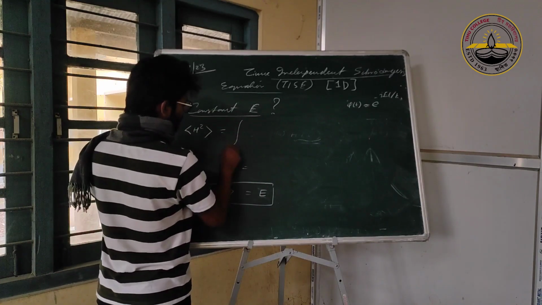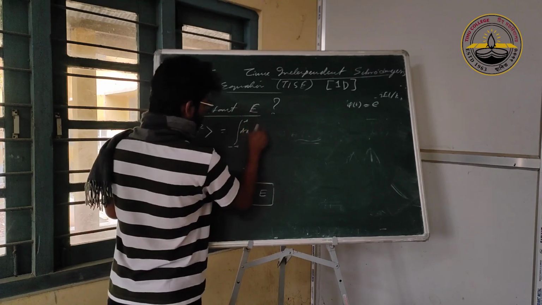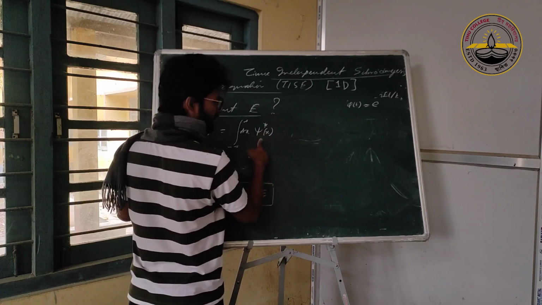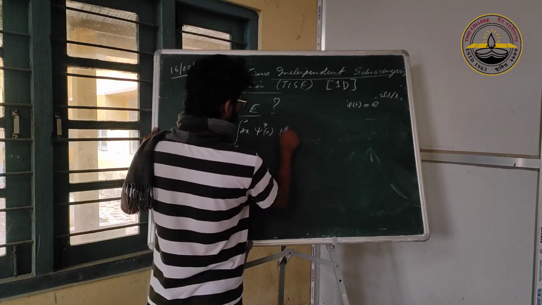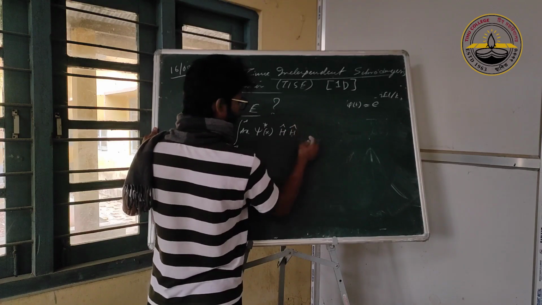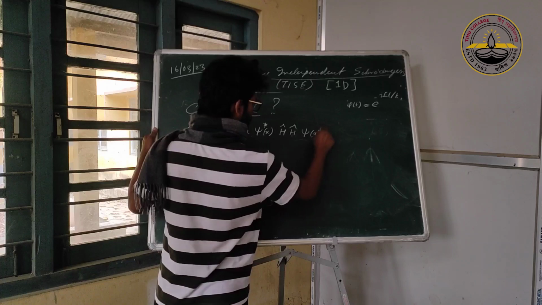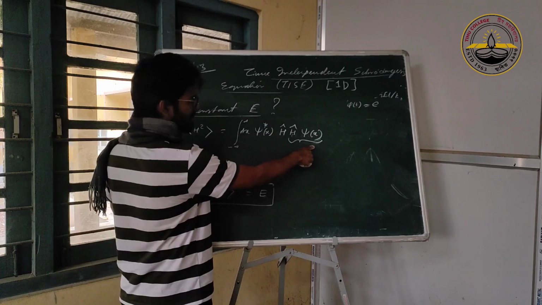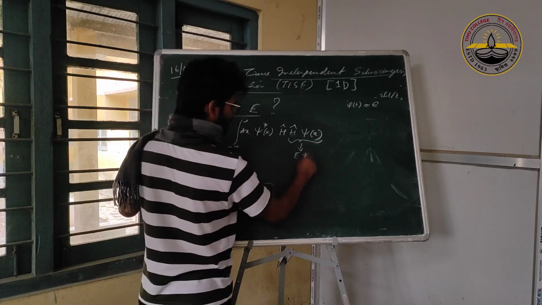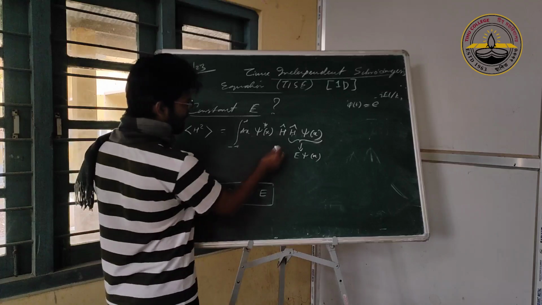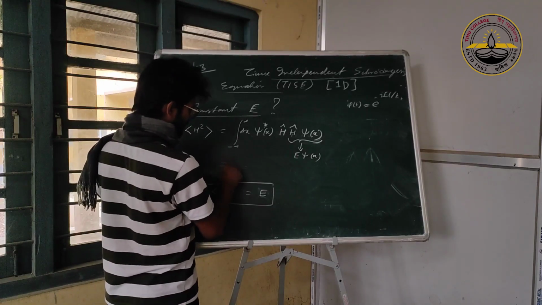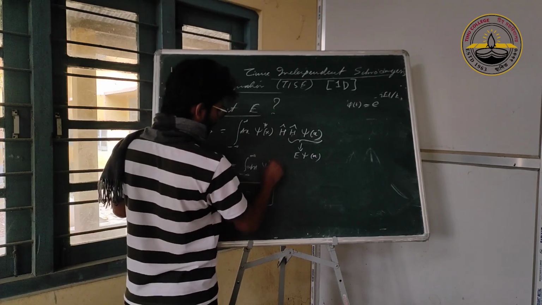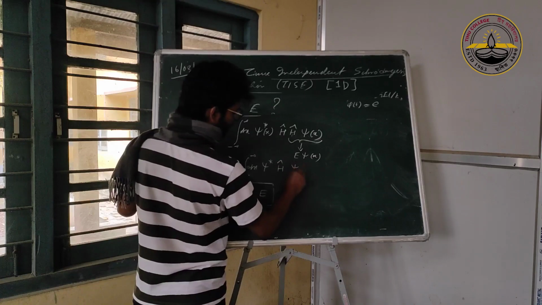By this same logic, in the integral of dx psi, only the x part will remain. The phi's will cancel out. So H square means H operating twice on psi x. One time H operating on psi x will give us E psi, and then E will come out, and you are left with another H on psi x.